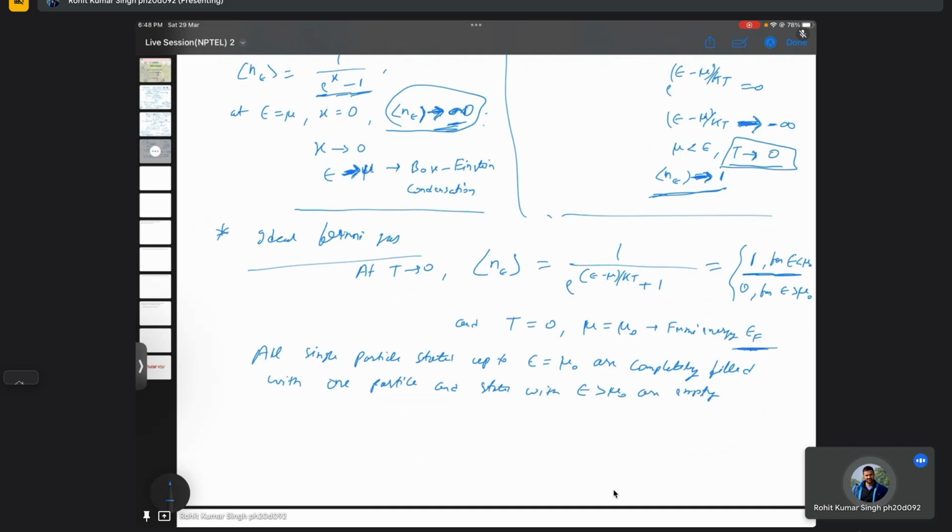So if you plot the mean occupation number, you will get a step function, like this, and this is your mu naught. So above this you have 0 occupation, and below this you have 1. Okay,